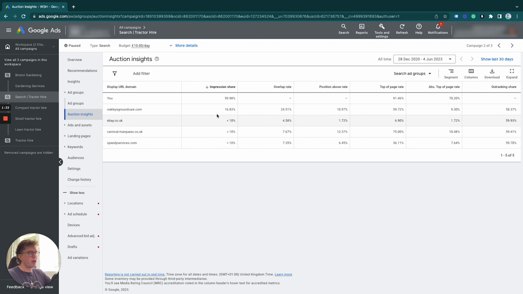So that's good. If I was lower in the rankings, so if I was, say, for example, Carnival Marquees, which actually isn't relevant to this campaign at all, but if we're showing under 10%, I'd think, okay, we probably need to up our spend or work on the campaign a bit more. But as we're showing 60%, a top of page rate of 90%, we're doing good. So it's very simple. Just to recap, we click on our campaign, and under this column here, we go to